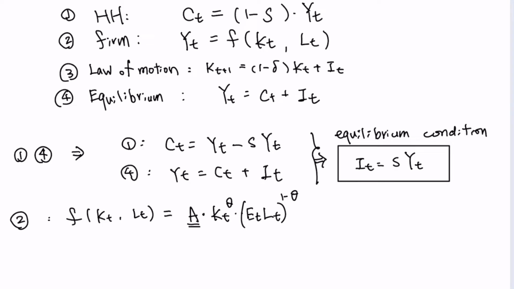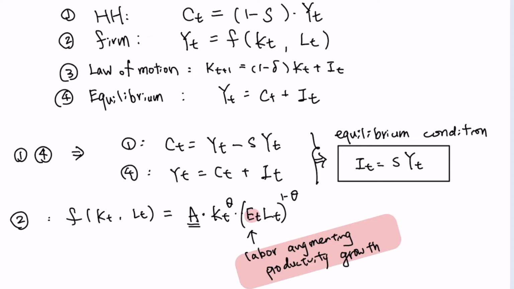Well, the A in here is the production efficiency we have been talking about. The K is the capital stock. The theta is the capital share. So then the 1 minus theta is the labor share. But now in here, we introduce a new term that is E, which is the labor augmenting productivity growth. And then the LT is the number of the labor that we put into the